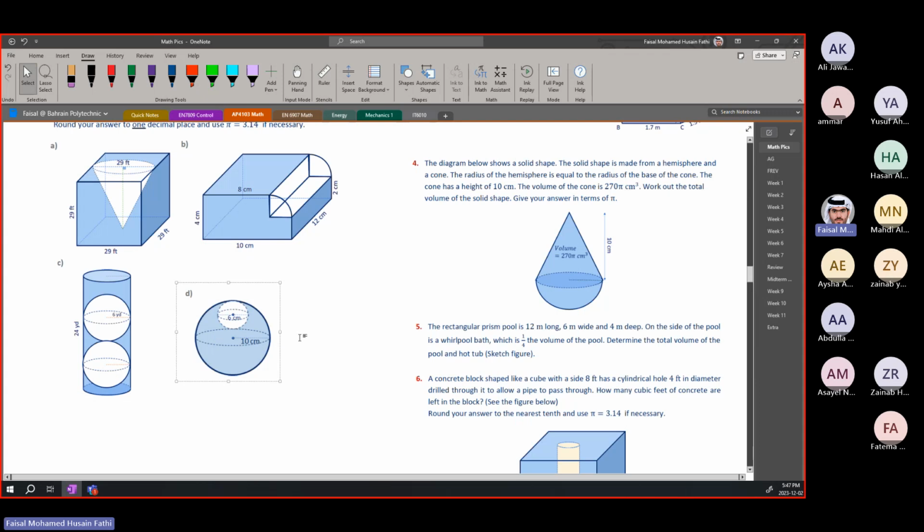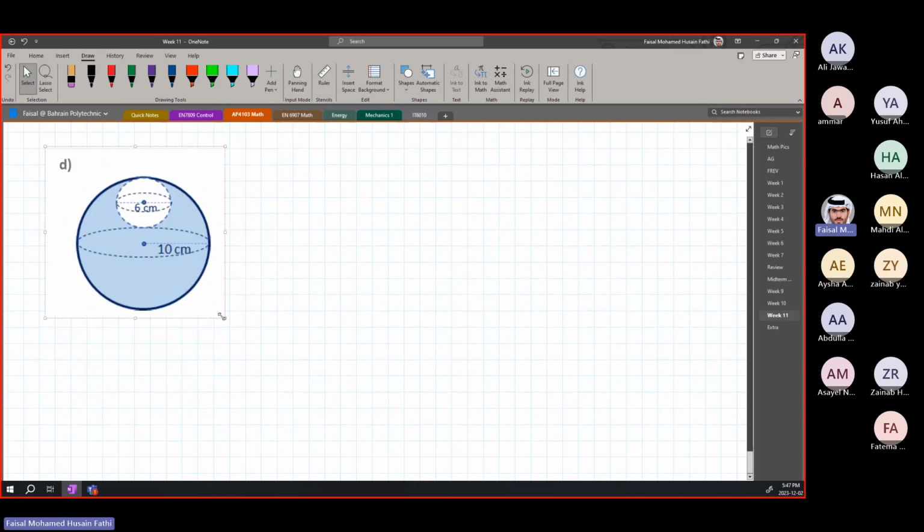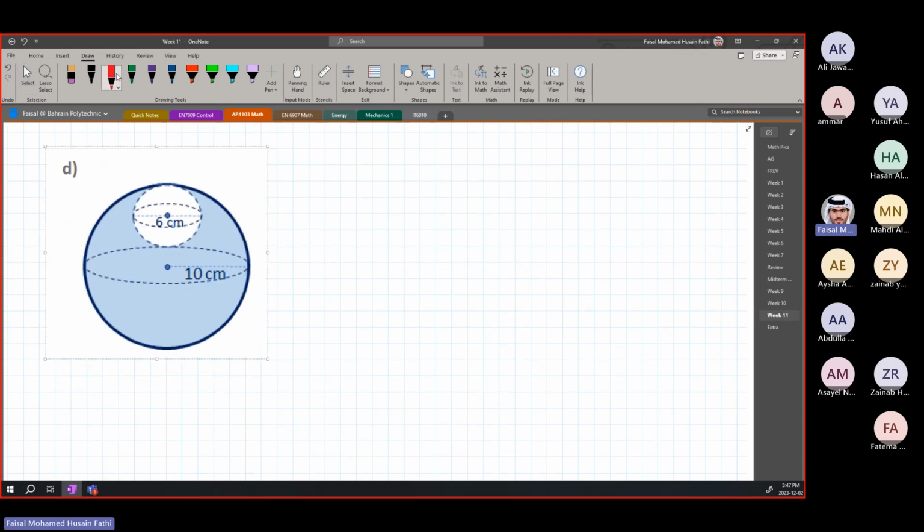Part D, very quickly, because it's so simple. You have two spheres, one sphere within another sphere. What's our V1? The big sphere, the shaded area. What's our V2? The small sphere. V total is going to be equal to V1 minus V2,